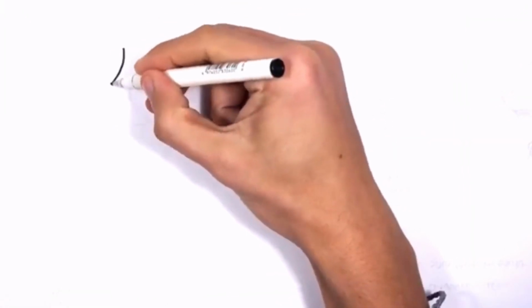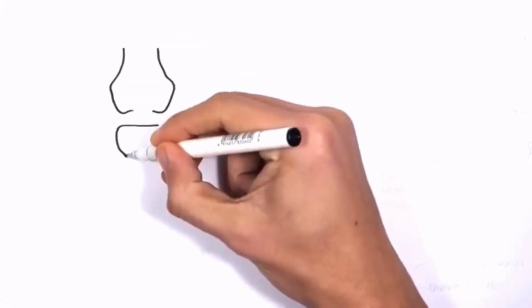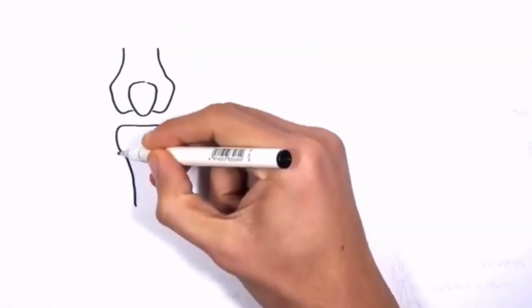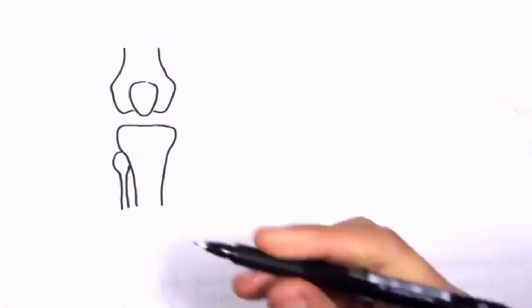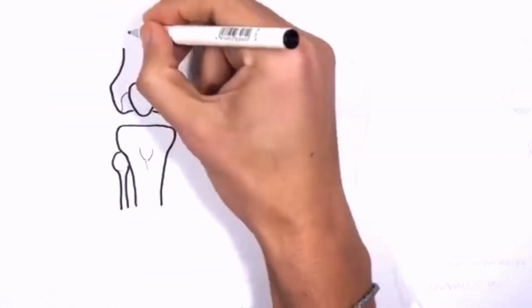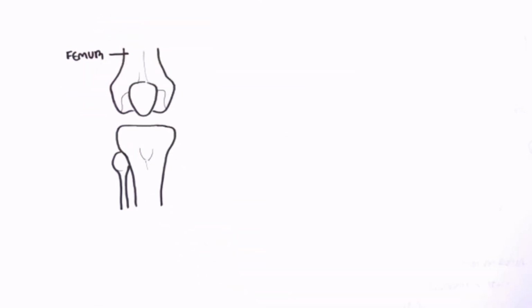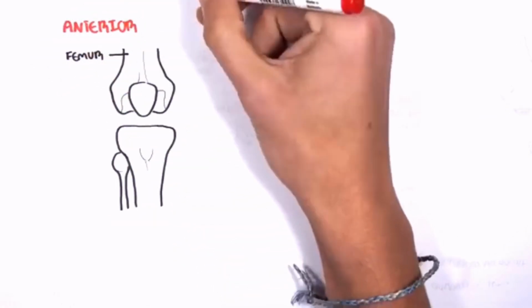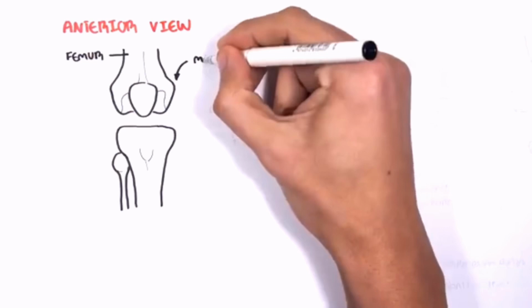Technical anatomy of the knee joint. We'll begin by looking at an anterior view of the right knee. The knee joint is made up of three bones: the femur, the patella, and the tibia. Here is the femur. Because this is the right knee and we are looking straight at it, it has a